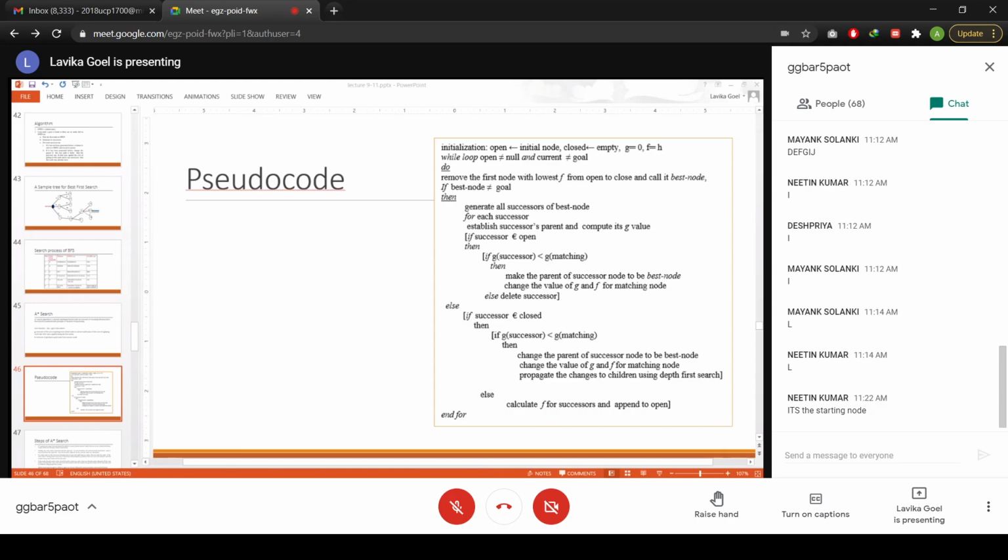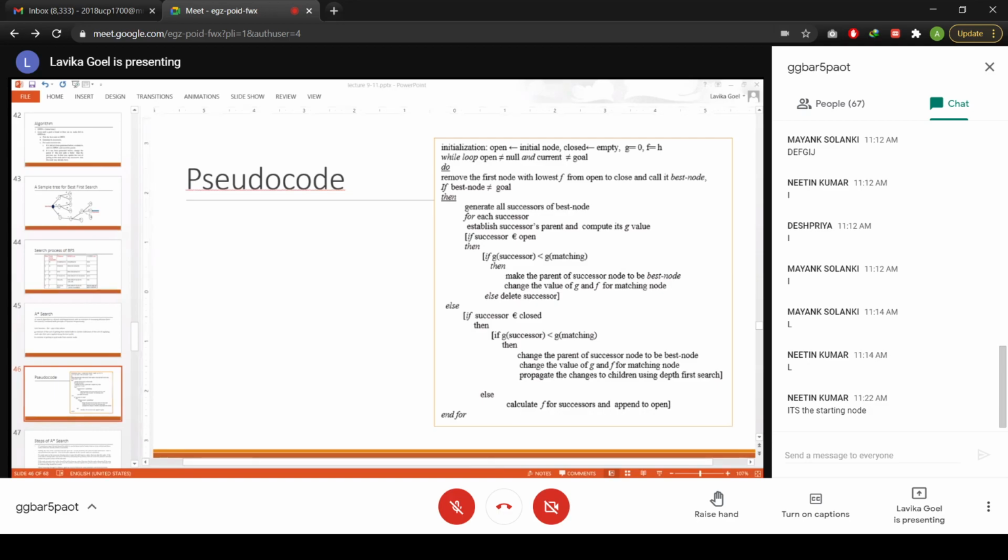Fine. So this is the case when the successor belongs to the open list. But if the successor belongs to the closed list, in that case it is an already generated node, and it has children also, right? The only difference here is that you will again follow the same process. That means you will compare the G values. If the new path is better, proceed as before; if the old path is better, then you will just delete the successor.